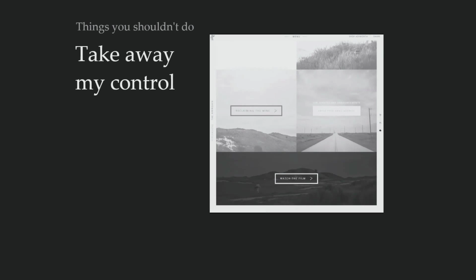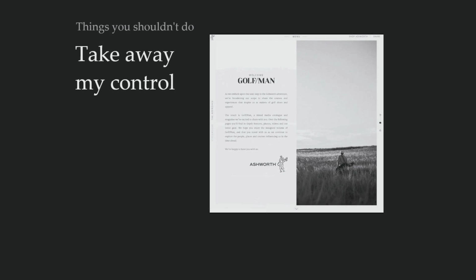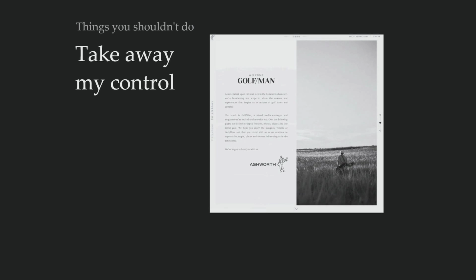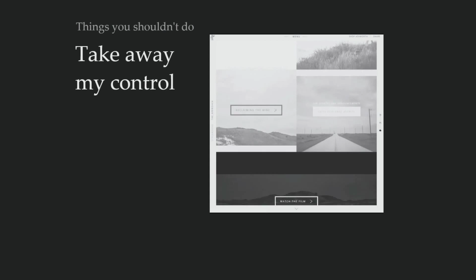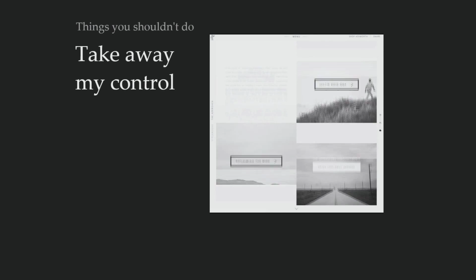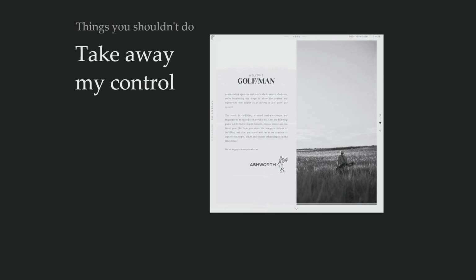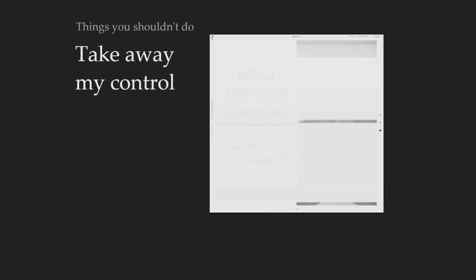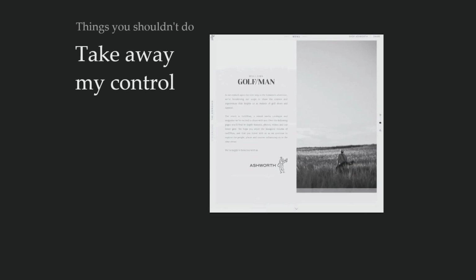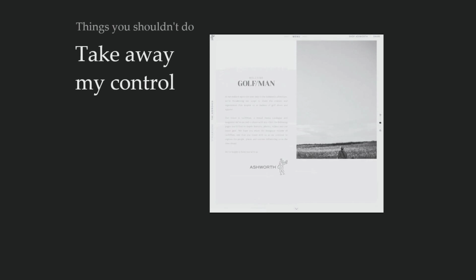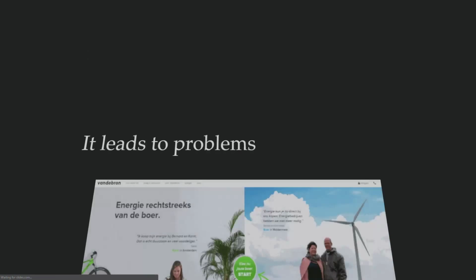They're trying to make it more pleasant for me by giving me this full experience, making the maximum use, but it really ended up in this broken state because of poor implementation, and really did not make me comforted as a user. So as a user, we are used to convention. We are used to being able to scroll the way we're used to. We have these norms, and if somebody takes those away, it makes us feel less secure. It makes us feel like we're not in control, which is not something that we want. We want users to be comfortable and to enjoy the experience of the website.